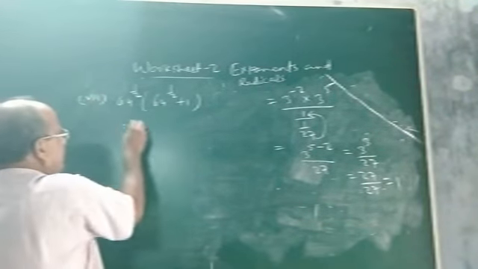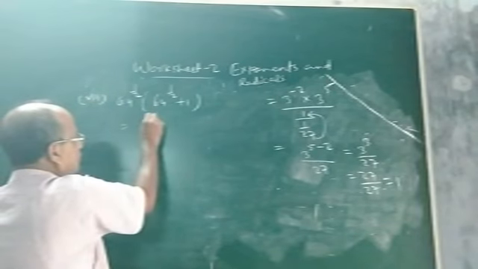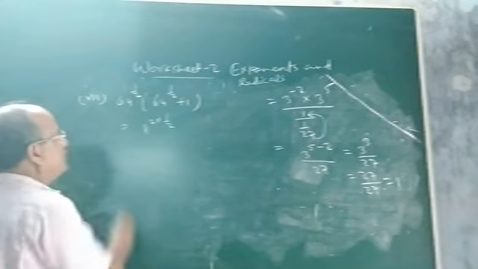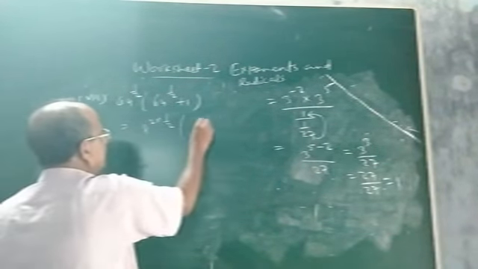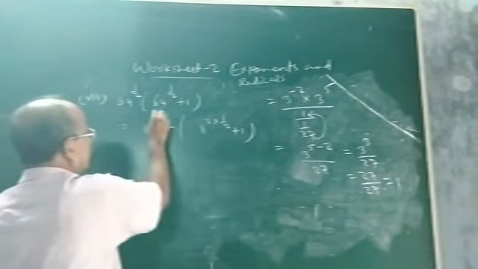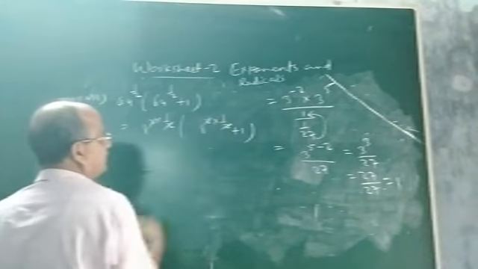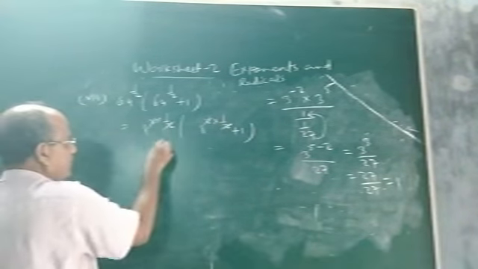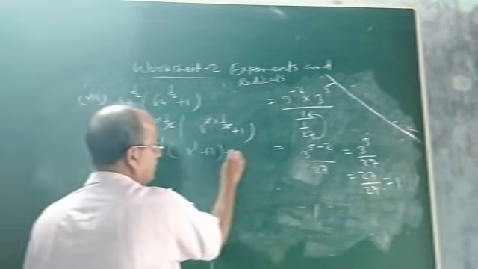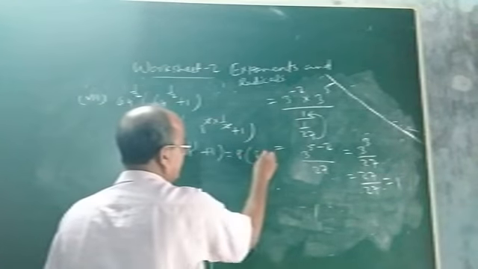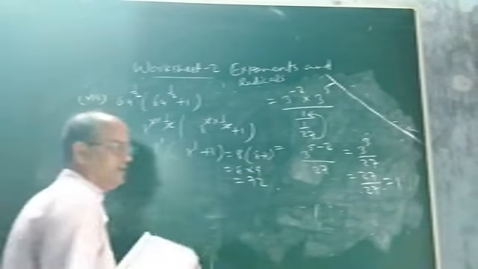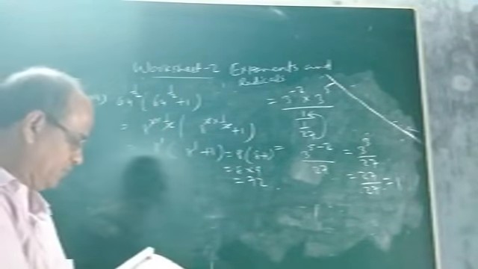See, it is 64 given, so here the denominator is 2. So this can be written as 8 square whole to the power 1 by 2, because 64 means 8 square. This is 8 square whole to the power 1 by 2 plus 1. Now see, 2 cancel. Here also 2 cancel. So it is 8 to the power 1, here it is 8 to the power 1 plus 1. Now 8 to the power 1 is how much? 8. This is 8 plus 1. So 8 into 9, it is 72. So the final answer will be 72.